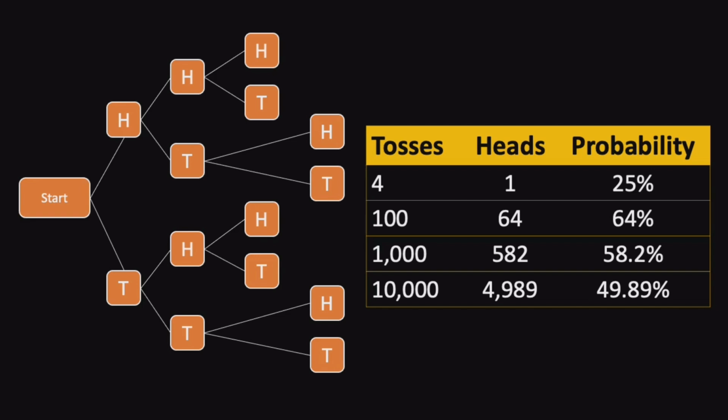After 100 flips, we ended up with 64% winning trades, which is better than the 50% expected for heads. And after 1,000 flips, we had 582 winners. This is 58.2%, still slightly better than expected. And finally, after about 10,000 flips, we had 4,989 heads, or almost 50%